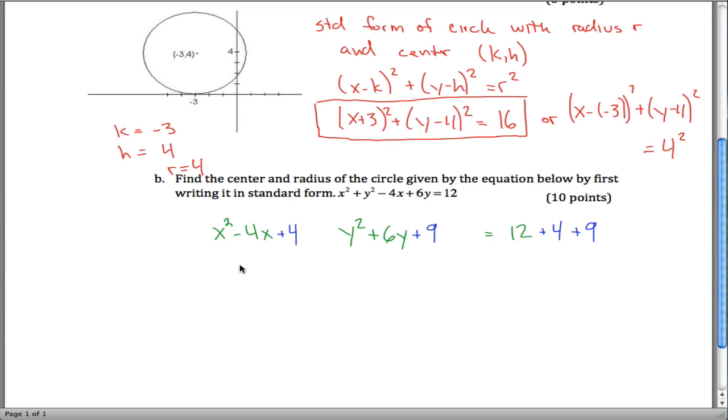I mean, the way I see it a little bit better is that if you asked me what x minus 2 squared was, I could figure that out. I could FOIL this whole thing out, and what I'd get would be x squared minus 4x plus 4. So I kind of work backwards in my head, do these frequent enough that I can kind of see them. The number that I'm going to put here is half of this, because when I FOIL this out,